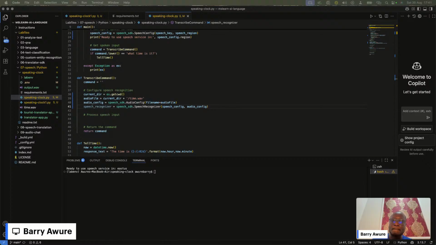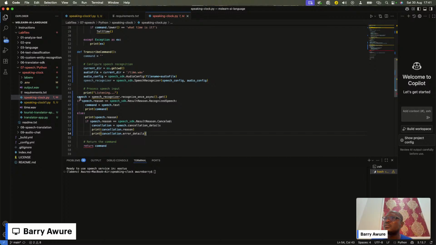Now, going on, we want to process our speech, right? So we need to give it speech input. This is the code for that. Let me tab it.